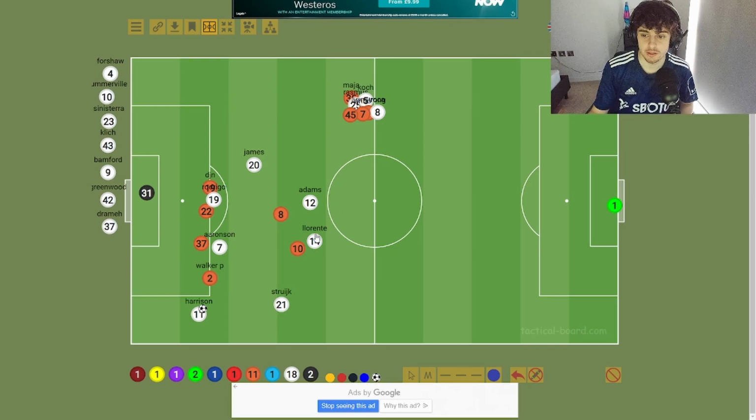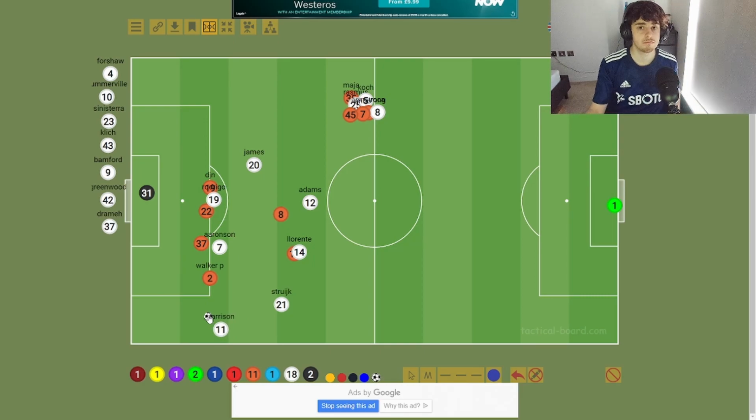What happens is Llorente, who is up here, by the way, ignore these. These are just extra players. Llorente wins the ball here. He wins his 50-50s with Che Adams. Che Adams tries to clear. Llorente is right on there. The ball comes straight out here, straight to Harrison, whose first touch is magic, as we know.